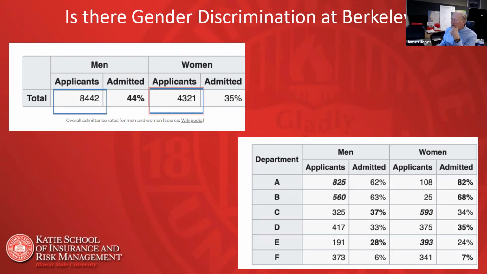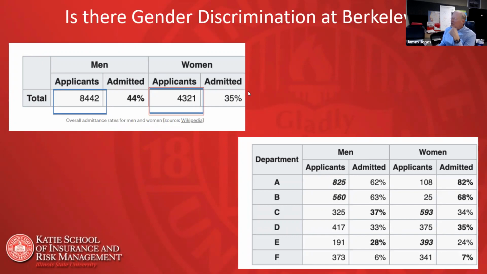And if you look at the applicants and the admission rates, in the majority of the cases, women are admitted at a higher rate than men are in that department. There are a couple of departments where the men are admitted at higher rates, but